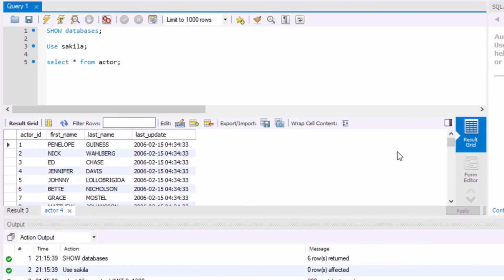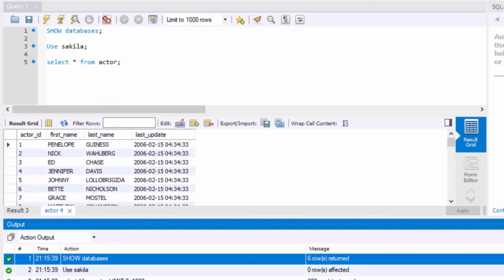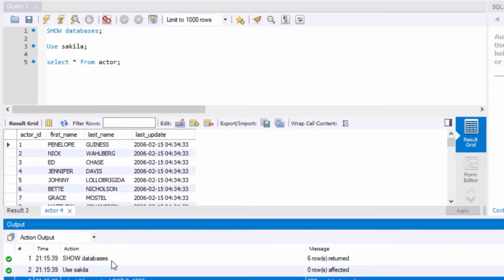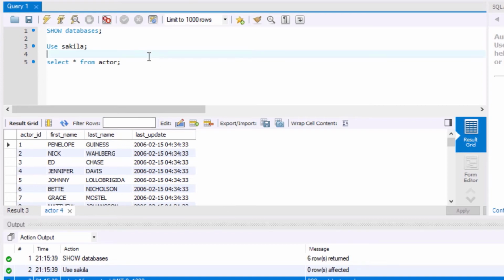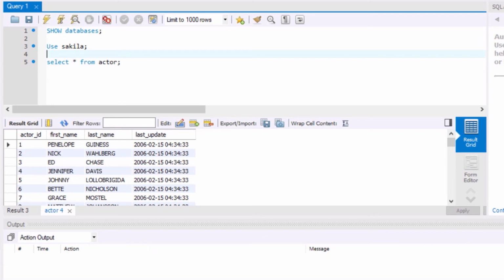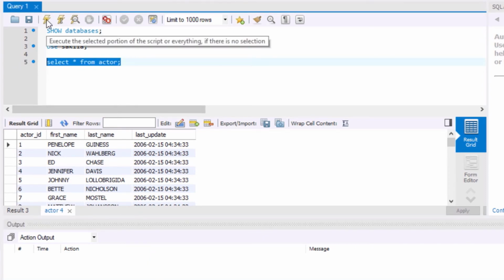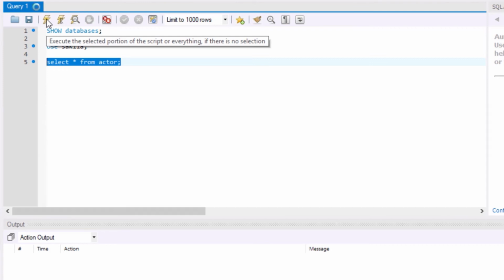These two queries, show databases and select star from actor, return output. But as we know, the result grid will always show the output of the last query. That's why we are only able to see the output of select star from actor. Okay, so in case you want to run these queries individually, you can just select that query and click this lightning symbol.